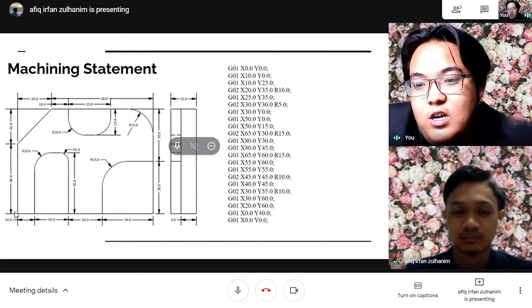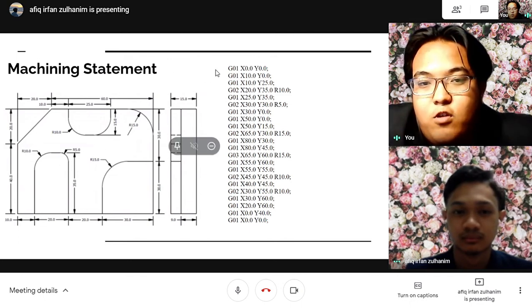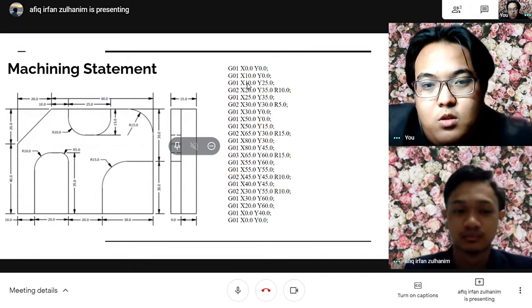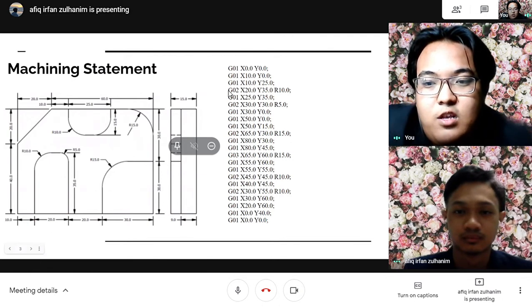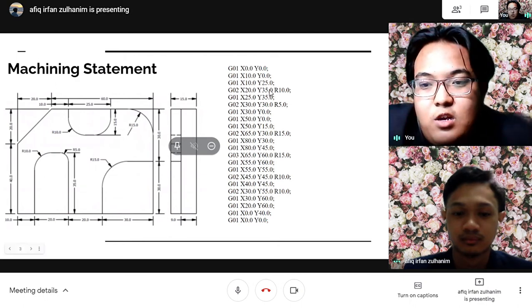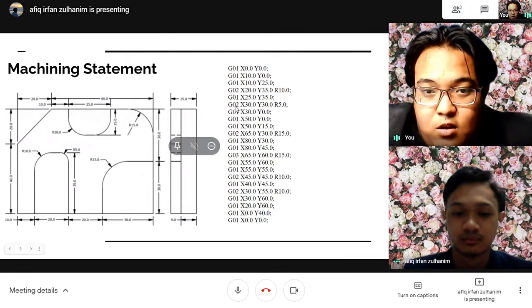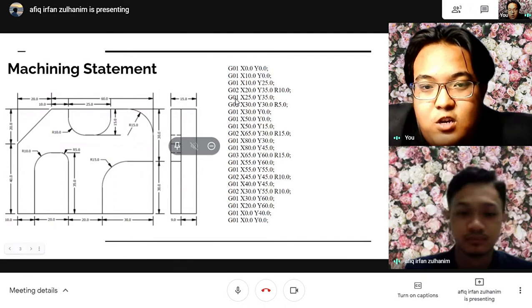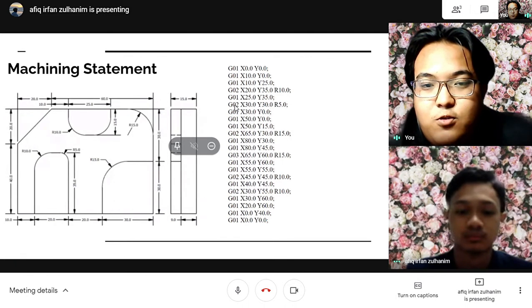So from the figure, we start from the bottom left corner, and from step 1 until step 3, we use the G01 code, with each step referring to each coordinate following the figure. And then at step 4, we can see that it used the G02 code with the radius of 10, which is the fourth part. And then step 5 uses the G01 code, step 6 uses G02 code with radius of 5,